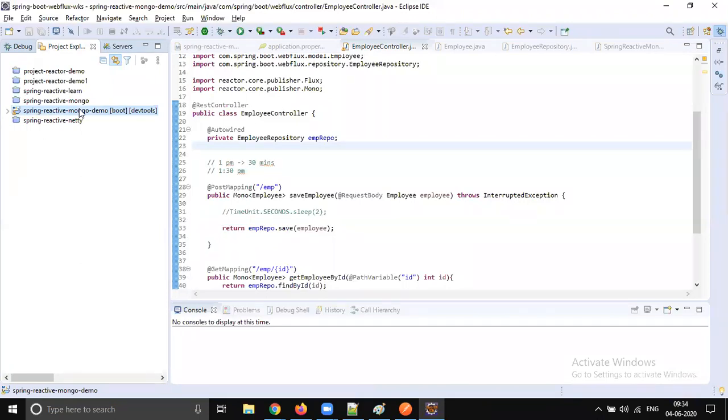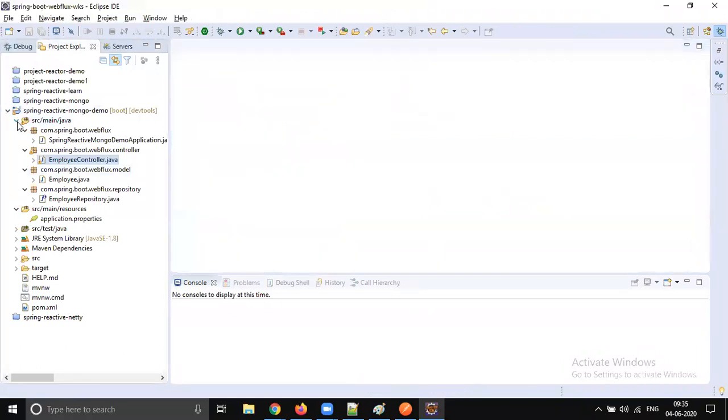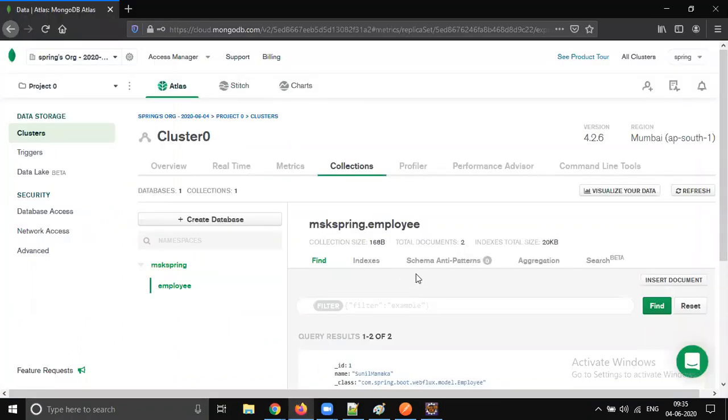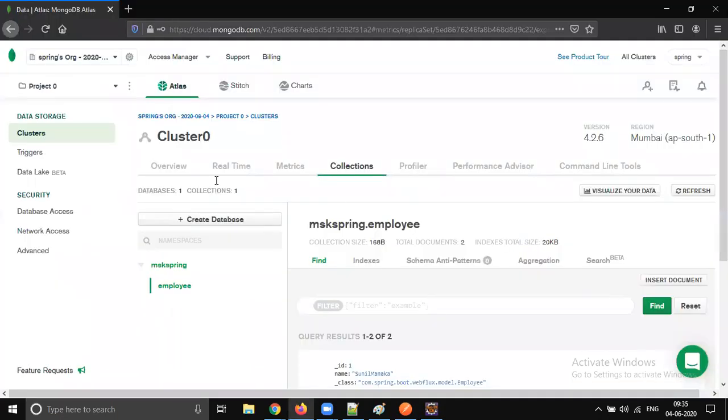Before attending tomorrow's session, it's a kind of request, please practice this. At least this particular part, just type it with your hands, and create one cluster, insert some data, retrieve the data and see it in Postman. So just complete this part, because we need this database for sure.